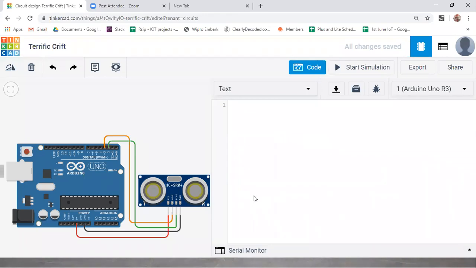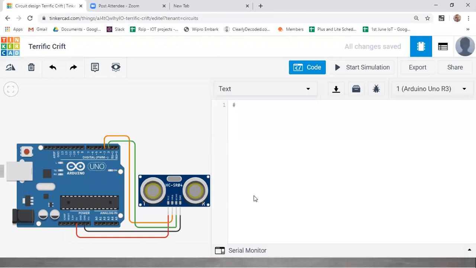Guys, in the previous session I told you that if you want to initialize a pin with the Arduino board, you need to define it with pinMode. You have another method also to initialize your pin: before the setup, you can give variables to the pin numbers.